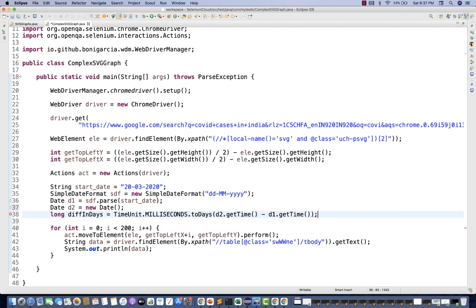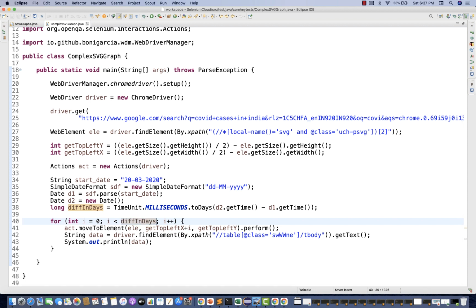Okay, these are the two methods that I'm going to use, and this will give you the different days over here. So instead of 200, I'll be writing this one. Okay, so like this you can write it. So it will start from, let's see, 553, it will give it to you, but I have to start my